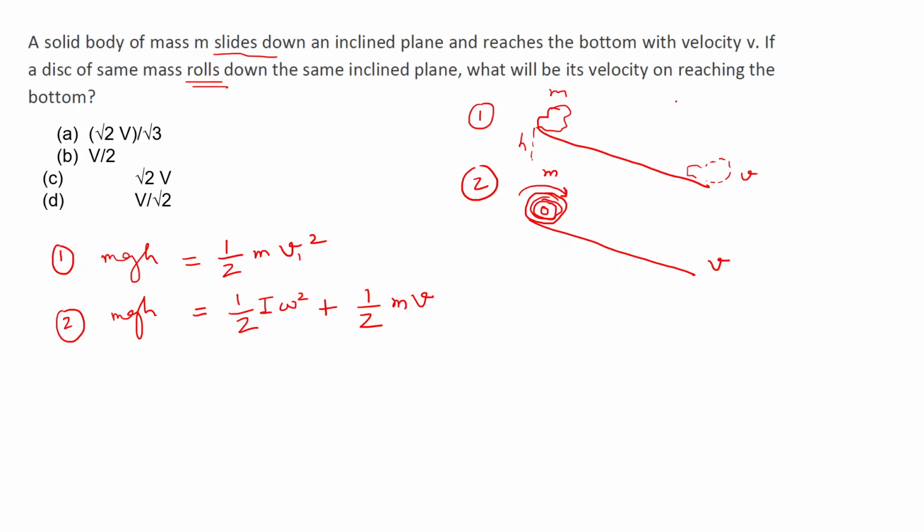We have been given the first v, so we'll keep it as v, but we'll call this v2 square, because this is different and we need to find out its value. Now from comparing equation 1 and 2, I can substitute the value of mgh from equation 1 here. So putting 1 in 2, equation 2 becomes